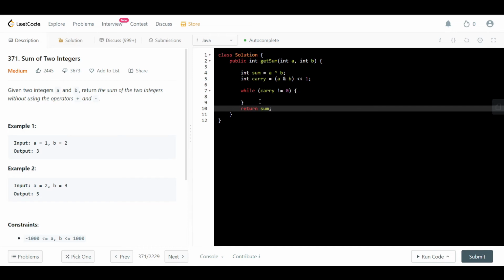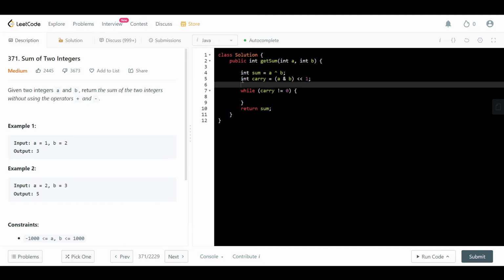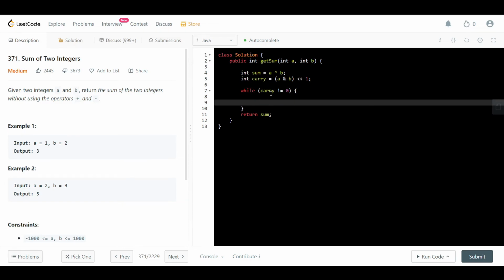Now let's look at the case where we have a carry. In the previous example, we said 6 plus 6 equals 12. So here we computed the sum using the XOR. Here we computed the carry, and now we need to add them, right? So we said, okay, this sum will equal sum exclusive OR with the carry. Again, when we need to add two numbers, we apply the exclusive OR. We need to add the sum with the carry, so we say sum exclusive OR with the carry,